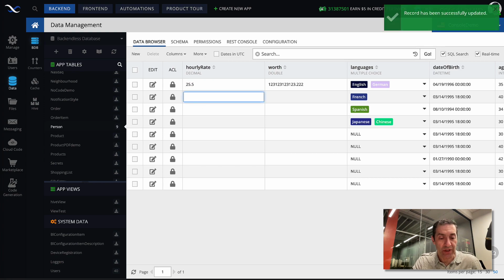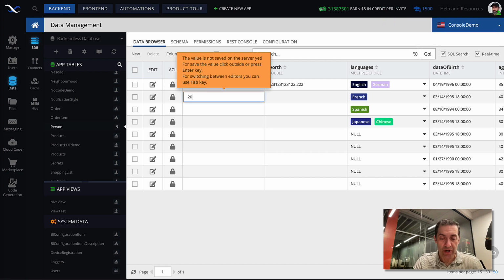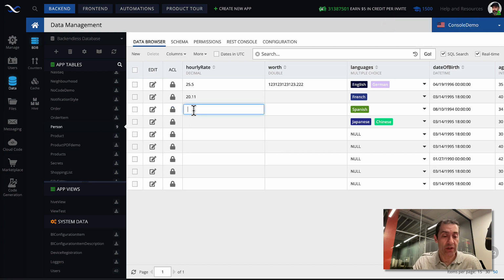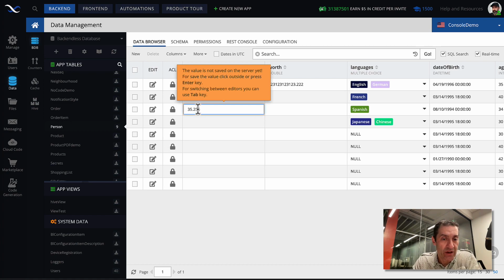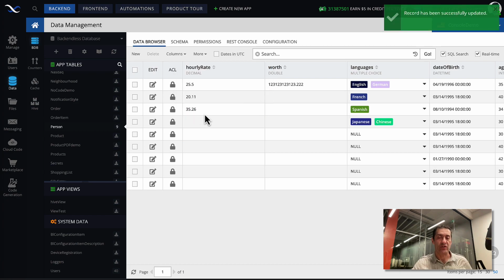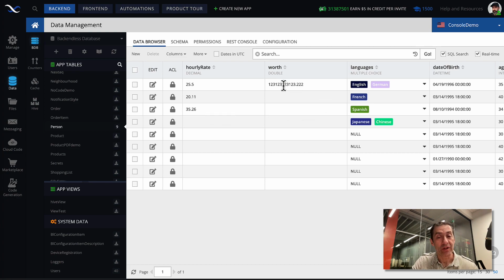If I were to enter something that is, let's say 20, and I start entering these numbers, okay, it will truncate it to the 2 digits after the decimal point. It will actually do the rounding as well. So for instance, if I say 35.256, okay, since 6 is greater than 4, it will round up to 35.26. Let's take a look, and as you can see, it is 35.26. So that rounding up or down based on the mathematical rules will apply whenever data is stored for the decimal and actually for the double as well.